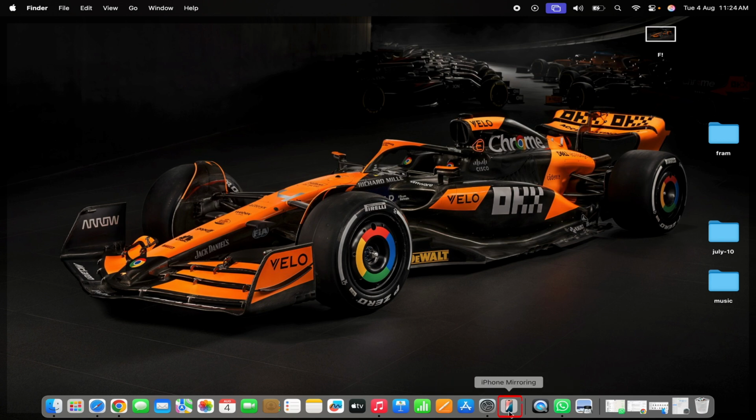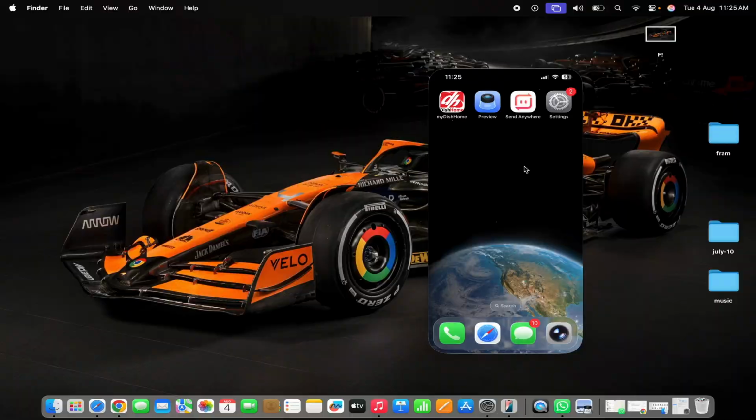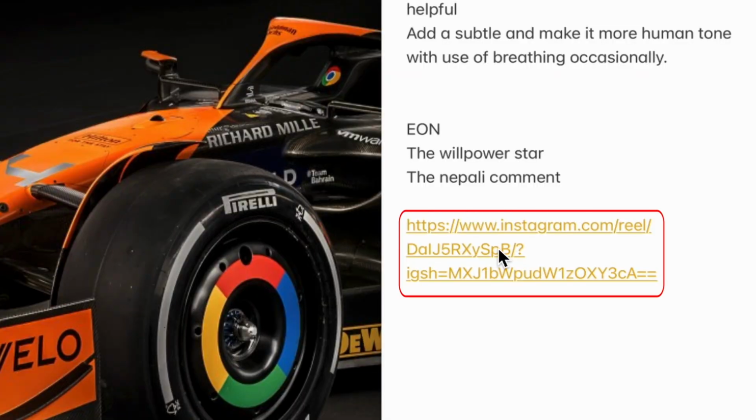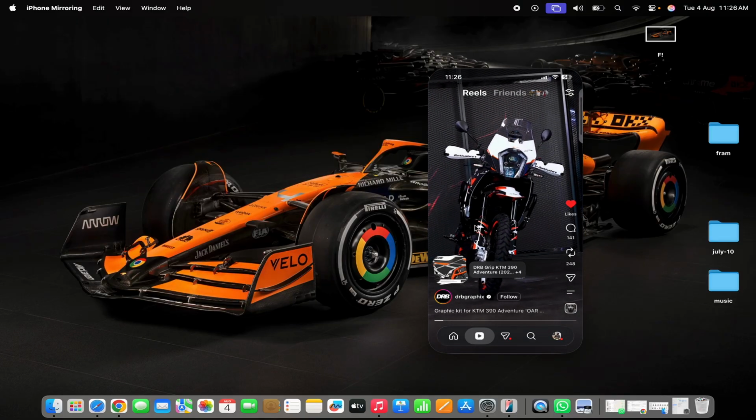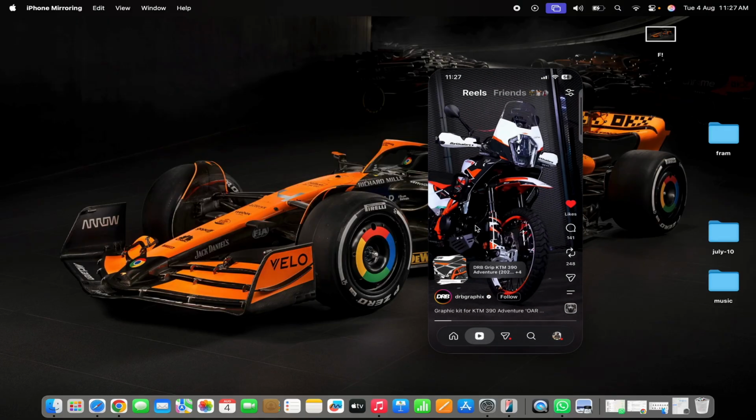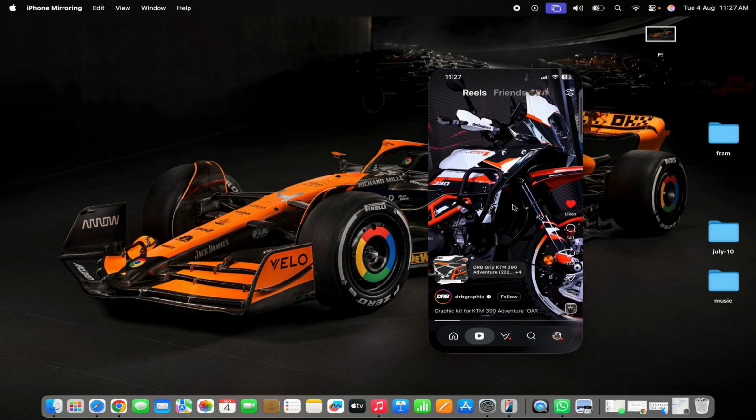Next, open iPhone mirroring on your Mac. Now, when you receive or click an Instagram link in a supported app on your Mac, choose to open it with iPhone mirroring if you're prompted. The link will be sent to your mirrored iPhone, and the Instagram app will open automatically instead of loading the